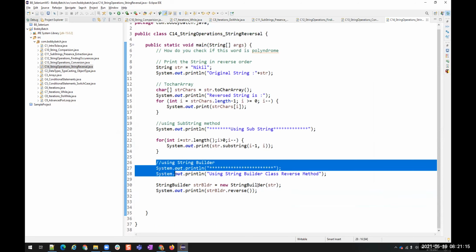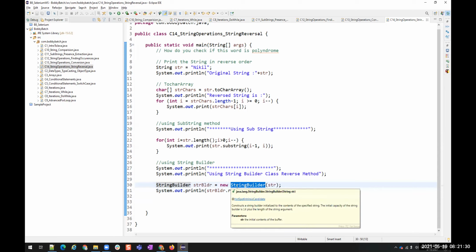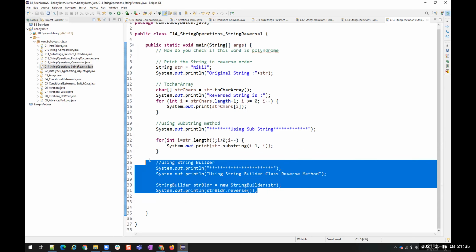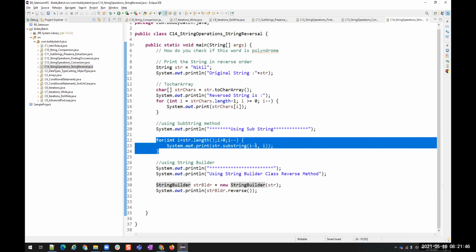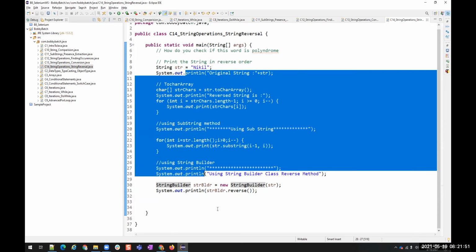Generally when the interview is happening, they'll check whether we know the method or not. Obviously, we'll say that using the reverse method from the StringBuilder class, we can reverse the string. And they'll definitely ask, okay, I don't want to use the reverse method, I want you to reverse on your own. So what will you do? Then you can explain any of this logic. You can convert it to a char array and then print it in reverse order. You can use the substring method of that particular position from each character and write it in a for loop. So you can give these 3 logics.